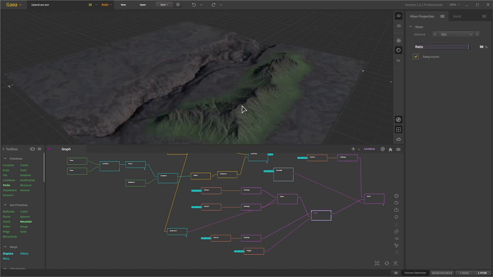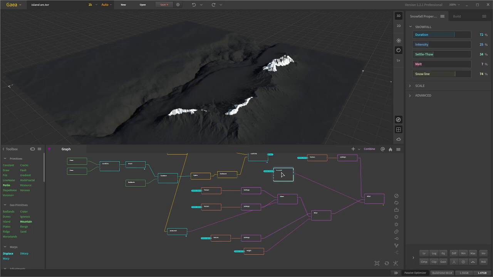As you can see, the vegetation is now gone from the higher grounds here, and we got these naked rocks up here at the peaks. So with the mask and without the mask. Lastly, I wanted these peaks to appear to be very high, so a bit of snowfall was added, using the snowfall node, and I used that as a mask.